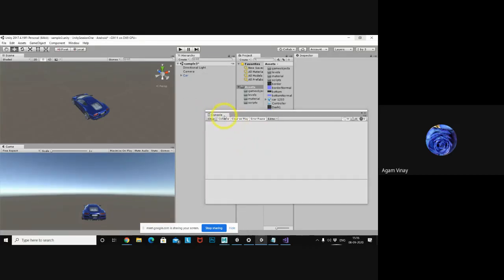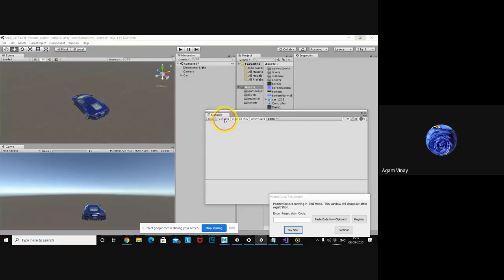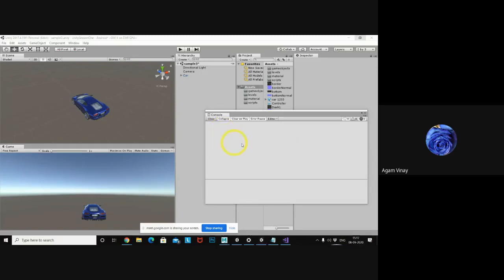So here in the console you are seeing collapse, clear on play, error pause. What does it mean? Collapse means if you are printing the same output, whenever you select collapse, it will count the output. It won't display it separately. Clear on play means if you already have some messages displayed, whenever you hit play, it will clear the console and play.